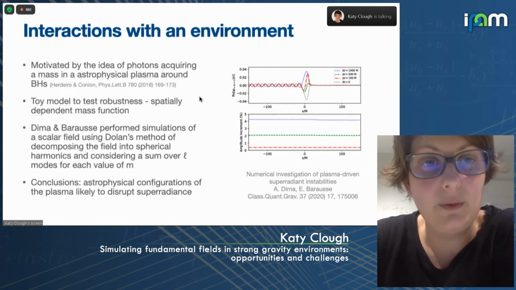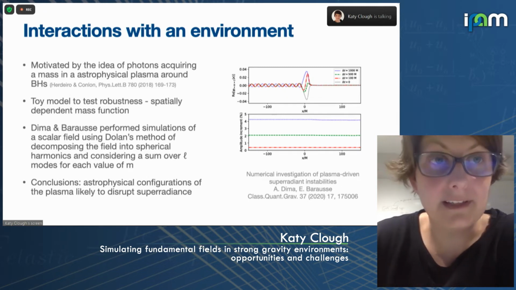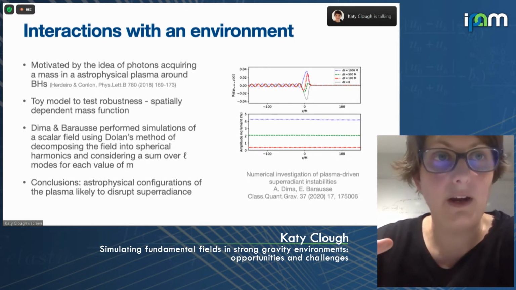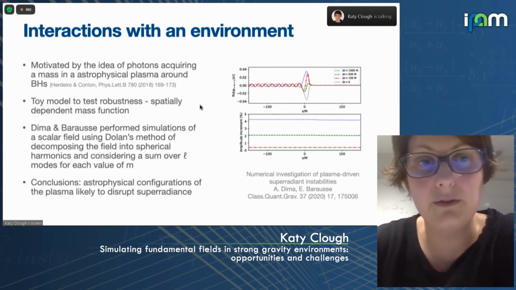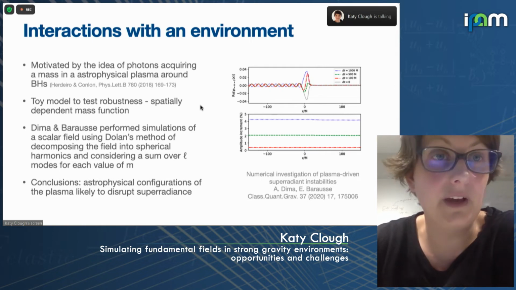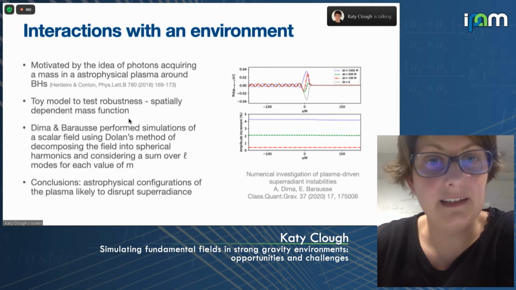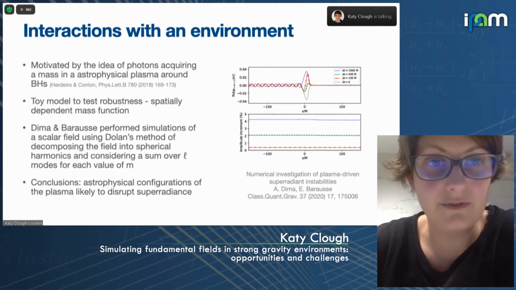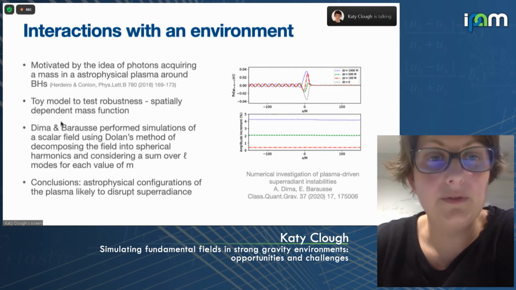So we might like to, so if this is the case, then they don't have a constant mass throughout the space-time like a fundamental scalar field. They will have an effective mass that varies in space. So a toy model to test this is to have a spatially varying mass function for the scalar degree of freedom, or really in this case, you are interested in vector fields. But the first work that was done on this used scalar fields as a proxy for the vector case.